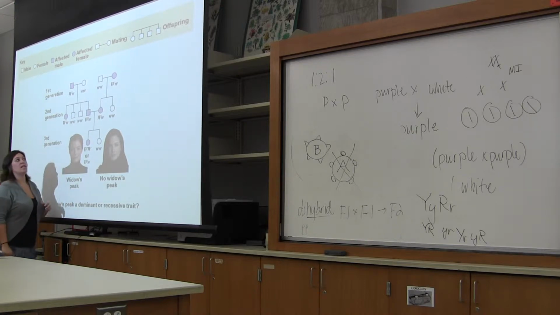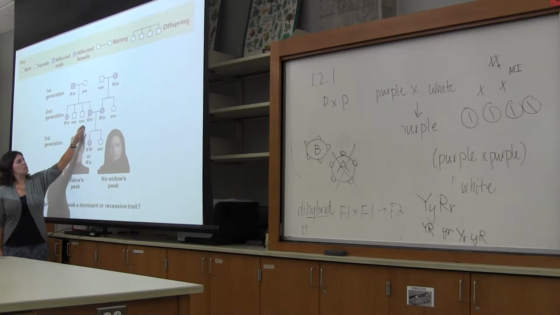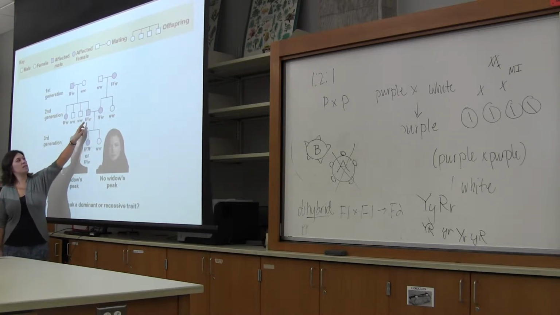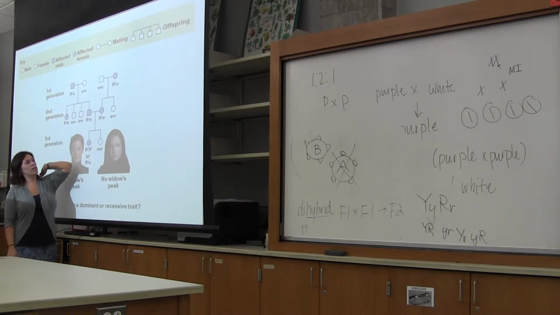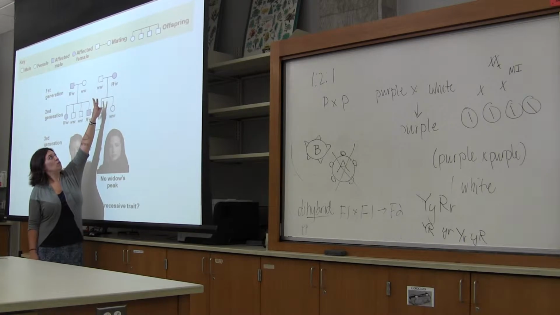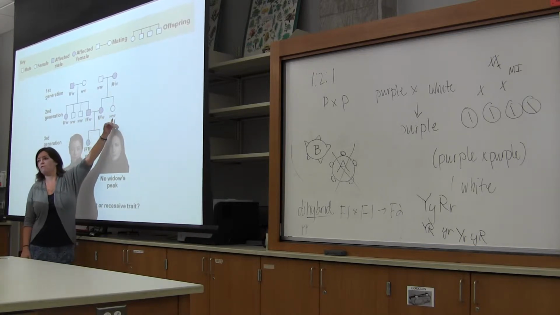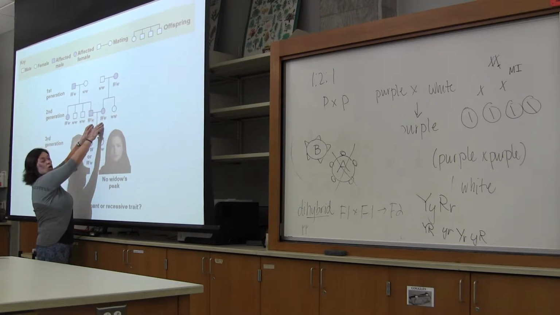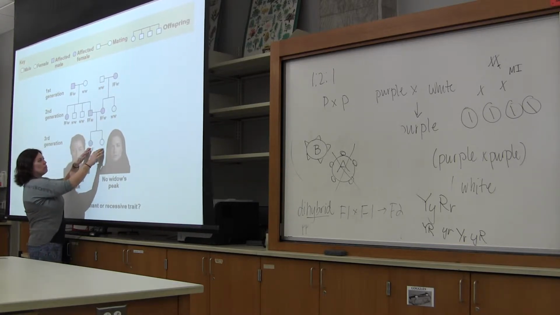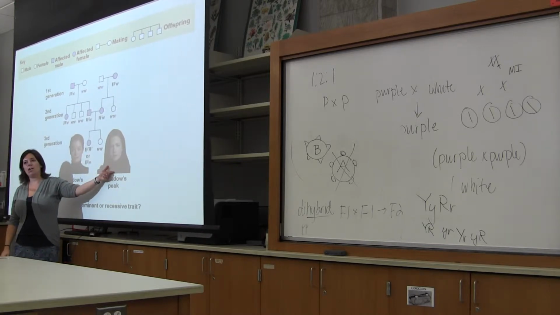To be, it's telling you that it's going to be homozygous recessive. So when you look at the offspring, you're going to end up with 50% affected and 50% not affected. And then you look at this other family, the woman is the one that's affected with the widow's peak and the male isn't. Well, they have 2 children, 50% affected, 50% not. And so the child from this match and the child from this match, which are both affected, have 2 more